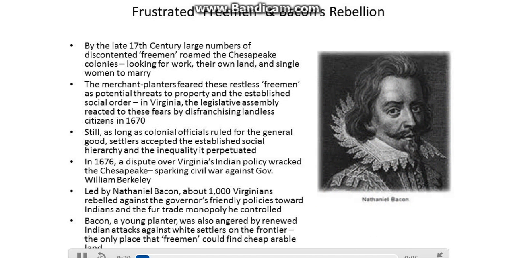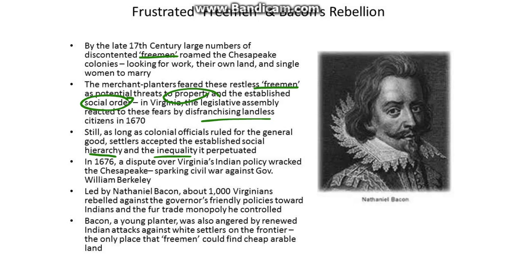By the late 17th century, large numbers of discontented freemen roamed the Chesapeake colonies, looking for work, their own land, and single women to marry. The merchant planters feared these restless freemen as potential threats to property and the established social order. In Virginia, the Legislative Assembly reacted to these fears by disenfranchising landless citizens in 1670. Still, as long as colonial officials ruled for the general good, settlers accepted the established social hierarchy and the inequality